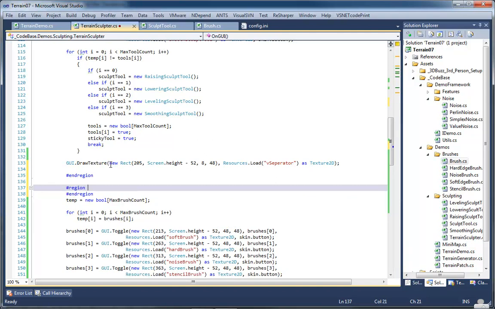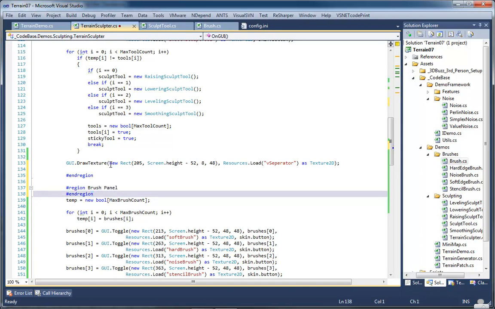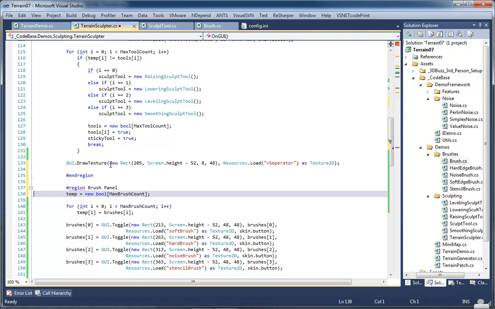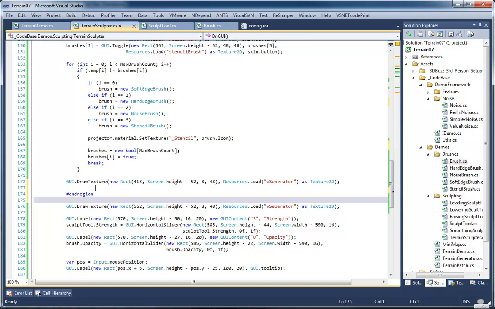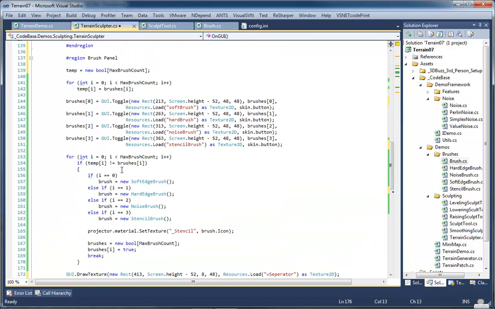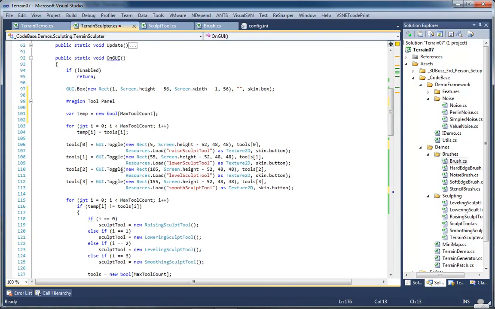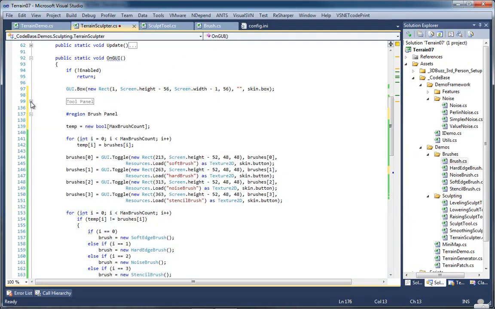New region, that will be our brush panel. Again, I'll end it there. Because this is kind of getting unwieldy and I should probably break it out into their own methods, but